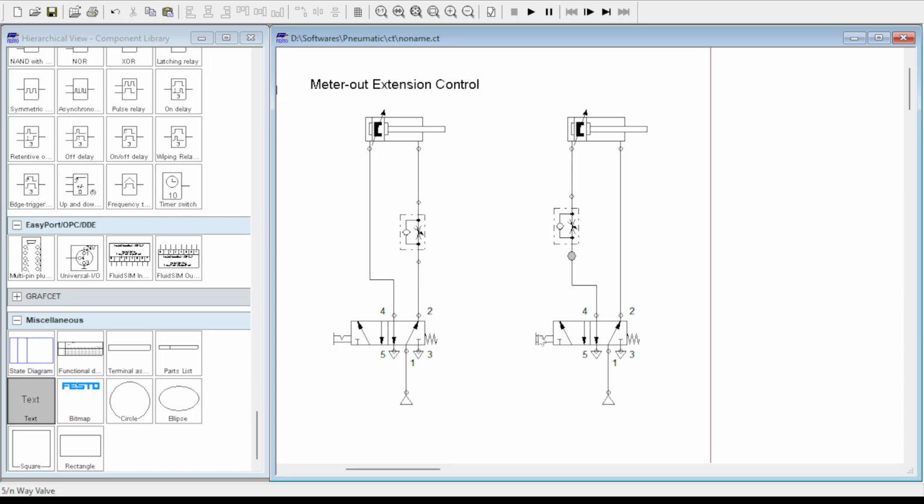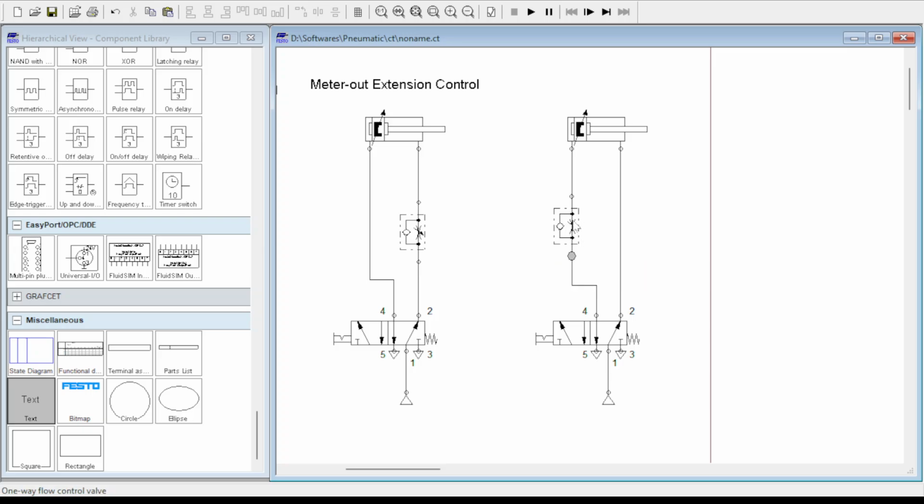Now when extension has to happen, the air entering into the cap end of the cylinder will flow uncontrolled through the free flow direction of the check valve, or even if the throttle is closed, the check valve allows free flow, and hence the extension happens freely. Whereas when the cylinder is retracting, air will be entering into the rod end of the cylinder, and air coming out of the cap end is restricted by the throttle's opening.